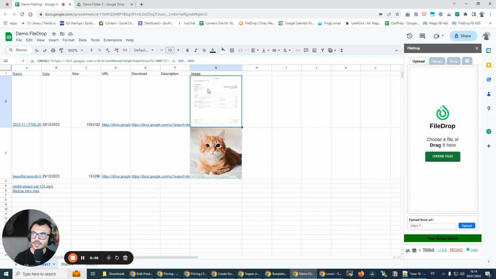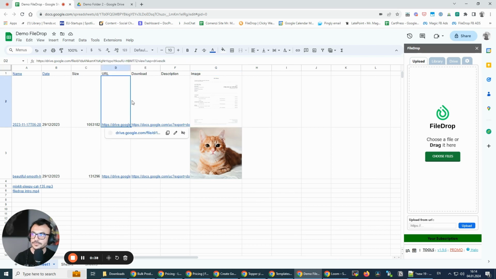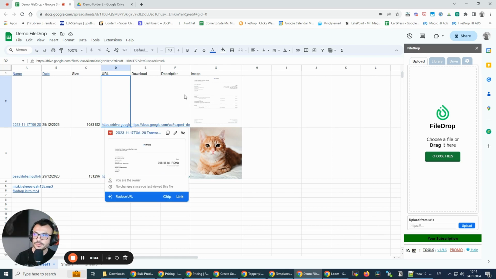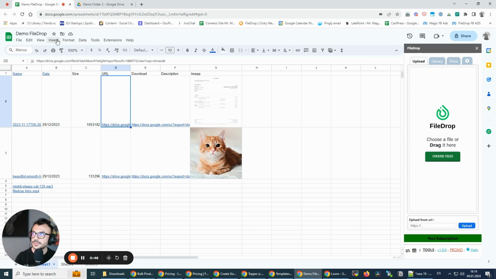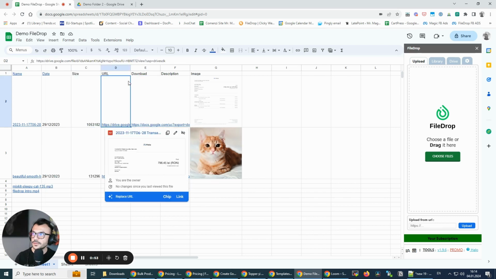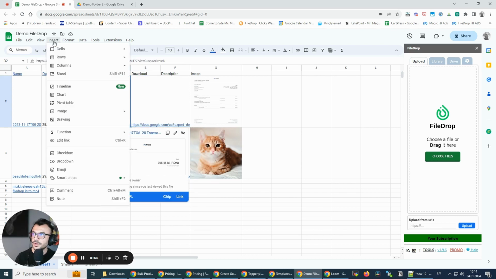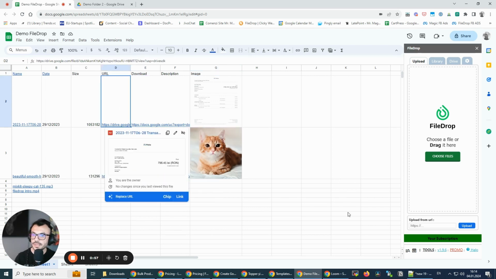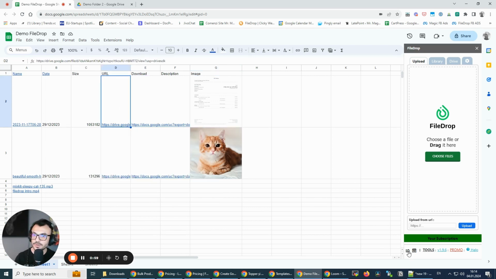So I'm going to click on my link, or where I have my file. Yeah, it can be inserted with FileDrop or any other way, like the insert function from the menu here, or anything else. Let's just start it. I'm going to click the icon